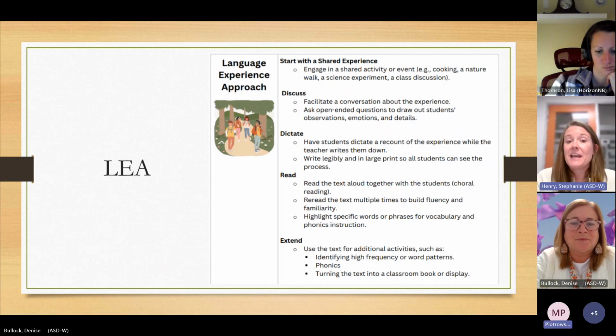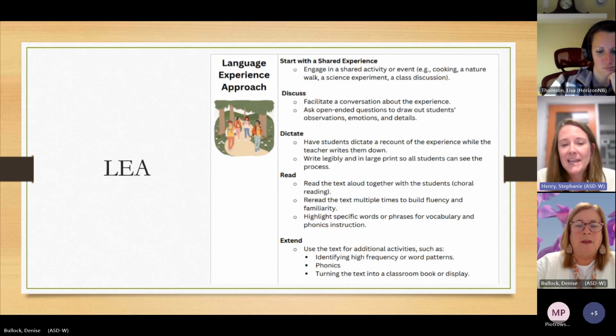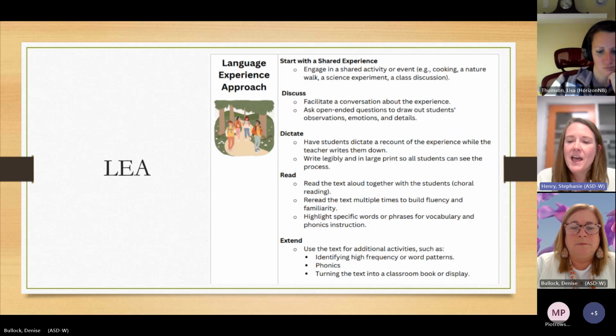And that text then becomes the reading text. So you read the text that you have written together as a class or group, read it aloud. You read it chorally with the students. You reread it with the students multiple times until they are very, very familiar with everything that's been written. And because they've experienced that